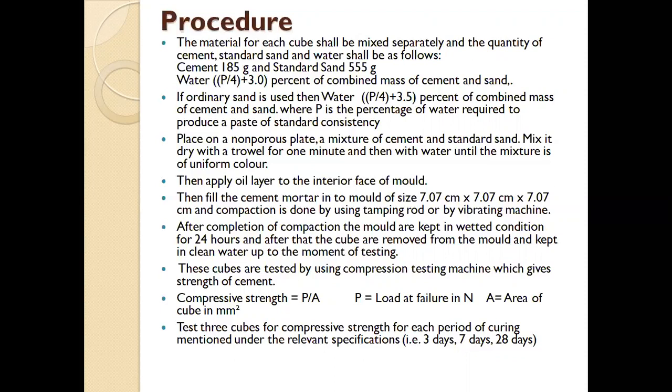But for ordinary sand, if we use the ordinary sand, then we use the quantity of water P by 4 plus 3.5% of mass of the cement and sand. So here we require to increase some quantity of water for the ordinary or the regular sand. P is the percentage of water required for the standard consistency. This quantity of water,